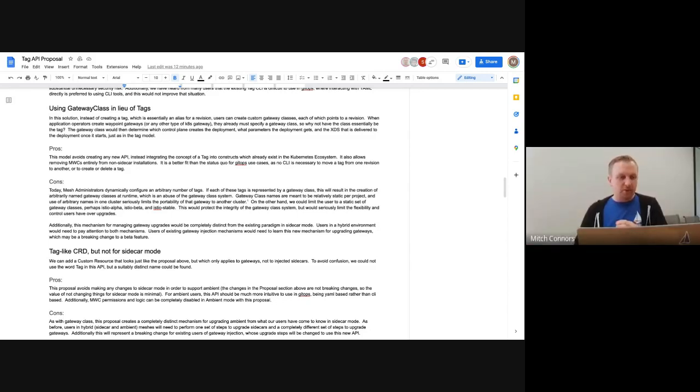Yeah, I understand that. The tag and revision API is something that we have already promoted to beta in the existing sidecar mode. So this is not experimental or new. This works exactly the same way that it worked before. There's some implementation detail changes in terms of how they're persisted to the cluster, but the CLI that we tell users to make use of, which as I understand it is beta today, stays functional. We see improvements for GitOps users.